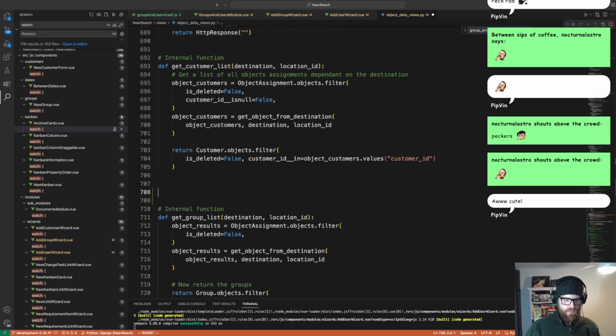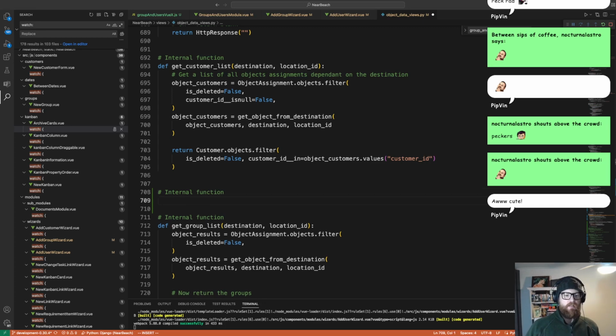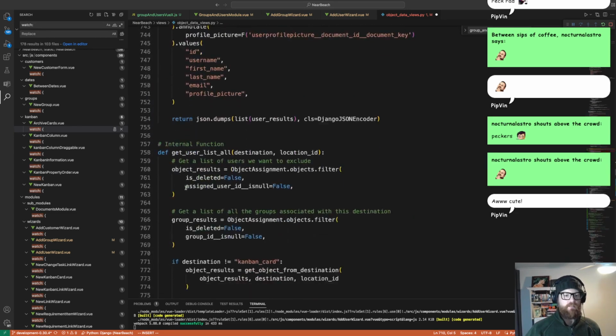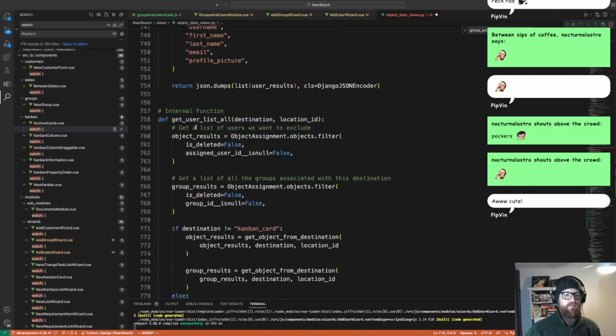This is where we're putting in our new internal function. Def get group and user list. We've just got destination and location ID as a requirement, and what we're doing is if we scroll down to the